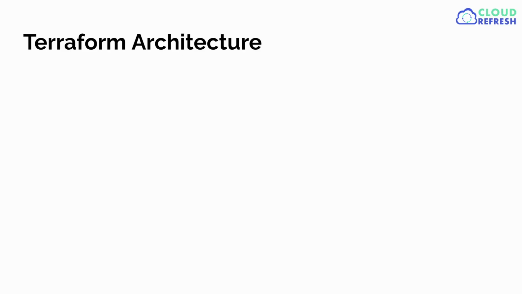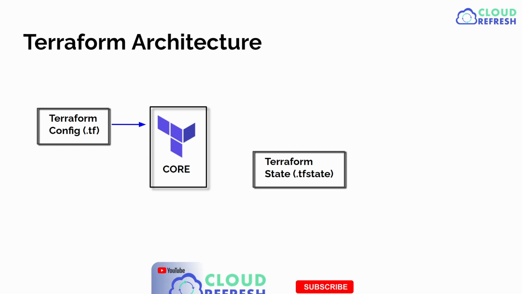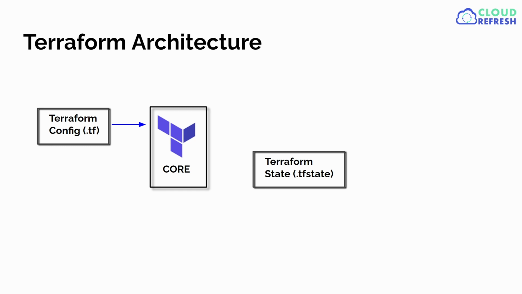Let's get some high-level understanding of Terraform architecture. Terraform architecture consists of three major components. 1, Terraform Core. 2, Terraform Configuration file. 3, Terraform State file. The first step is to write down our configuration in the Terraform Configuration file. So this is where we define what all the different infrastructure components are that we need for a specific infrastructure requirement. Once we define our infrastructure components, we run terraform apply, which then communicates with Terraform Core and creates